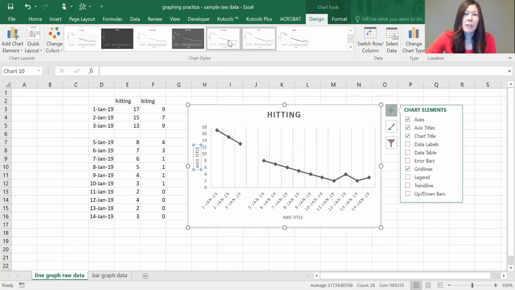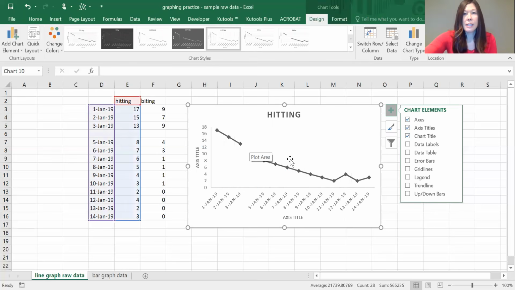Because of that, I usually choose style 13. As you can see, there's diamond symbols here. Once we add in the second behavior, it'll make it into a square or some other shape. So it's very easy to read the graph that's printed in black and white and see what the different behaviors are. Okay, so once we've done that, we want to select these grid lines here and just hit delete.